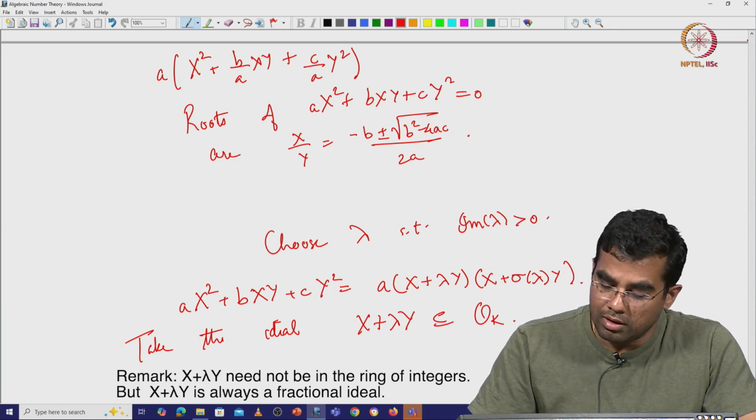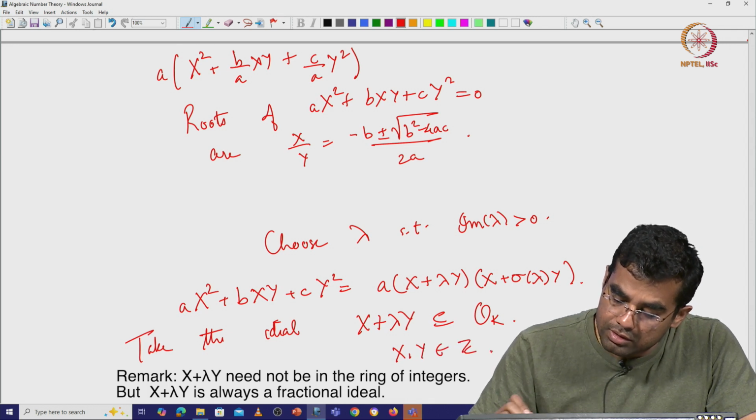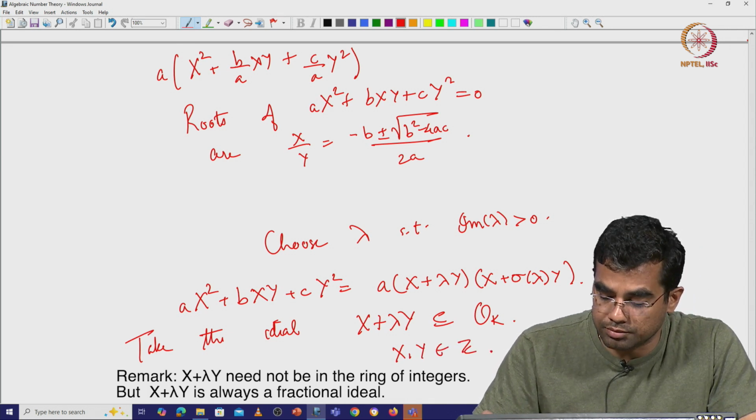All right, so you take this ideal x and y in z. So this is an ideal inside